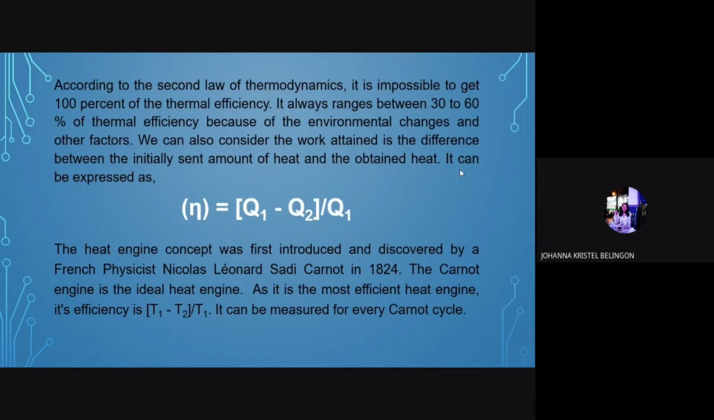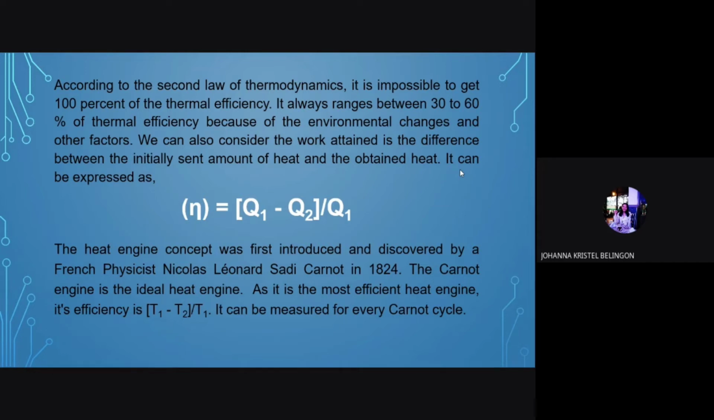According to the second law of thermodynamics, it is impossible to get 100% thermal efficiency. It always ranges between 30 to 60% of thermal efficiency because of the environmental changes and other factors. We can also consider the work attained as the difference between the initially sent amount of heat and the obtained heat. It can be expressed as eta equals initial heat minus obtained heat, divided by the initial sent amount of